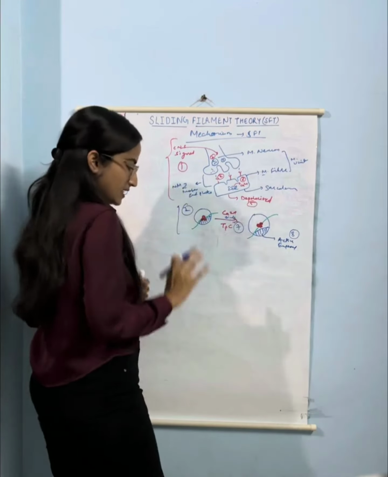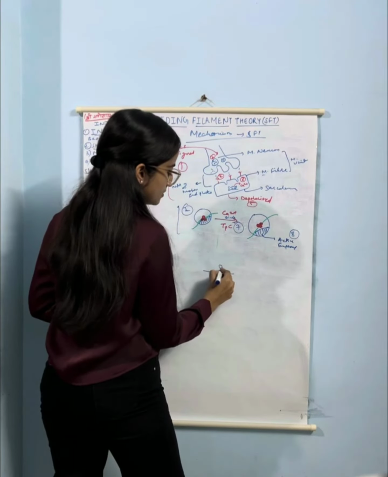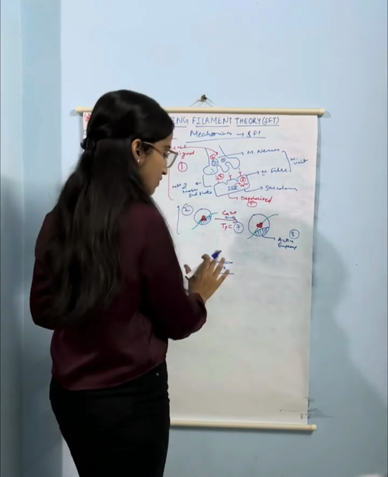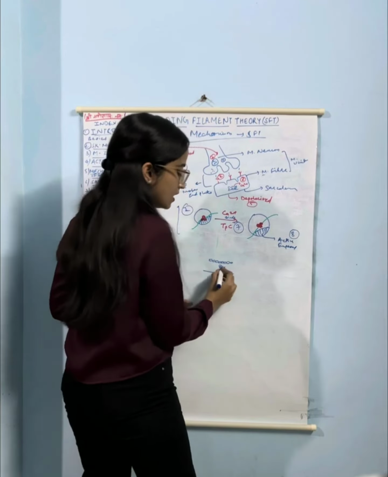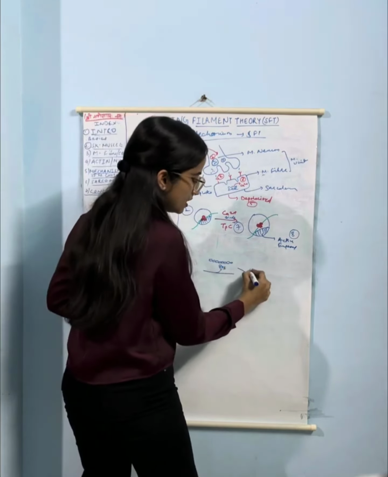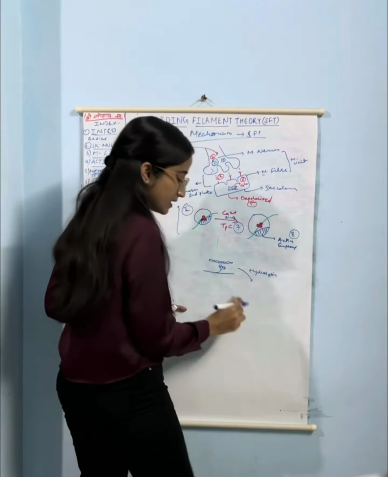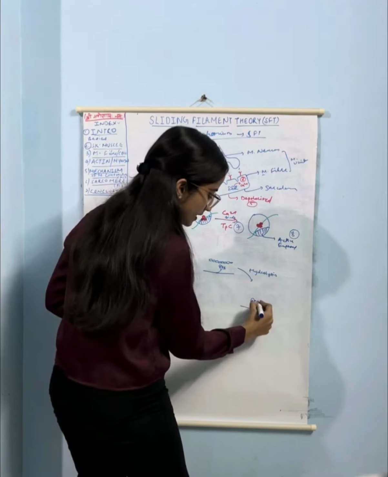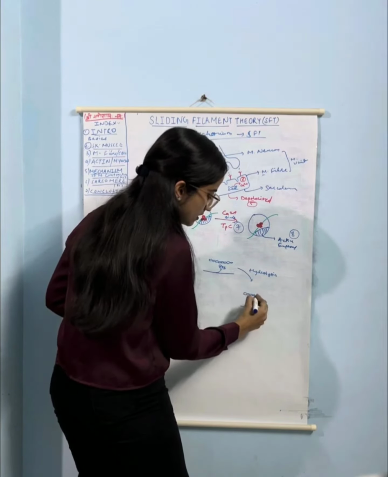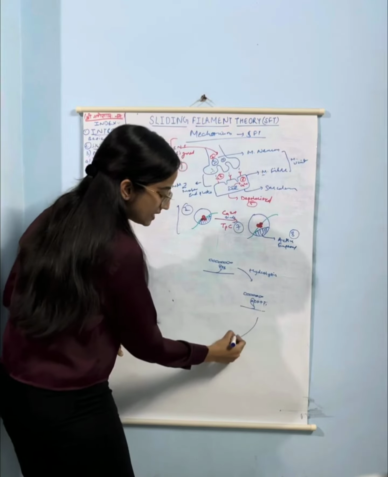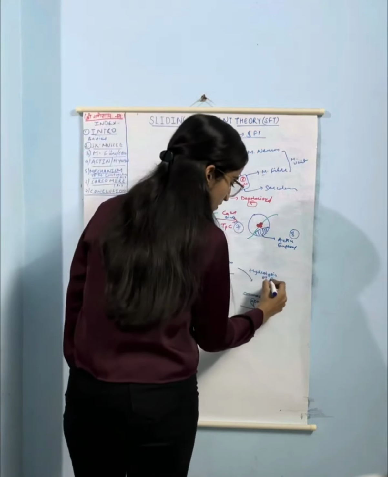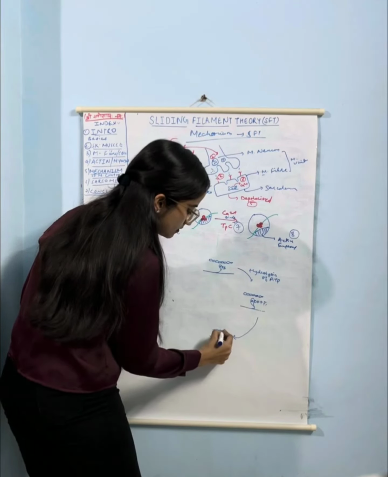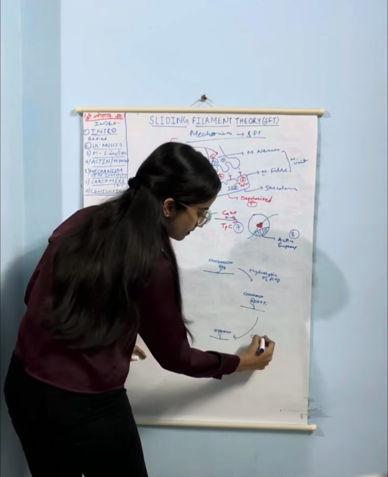Now we will see what is happening inside the head of myosin. So this is my myosin head, and we know that it has an ATP binding site, and this is my actin. I am not drawing the whole diagram because here we only need to focus on the head of myosin. It has ATPase activity, so there will be hydrolysis of this ATP, and it will get split into ADP and Pi molecule, and now this myosin head will utilize this energy released during hydrolysis of ATP, and it will make a cross bridge with this actin. So there will be a cross bridge formation.